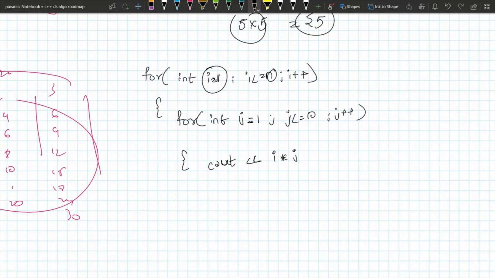I'll explain to you for the first iteration, wait. Then give a space and then cout endl. Try to understand this. Why I have written endl.